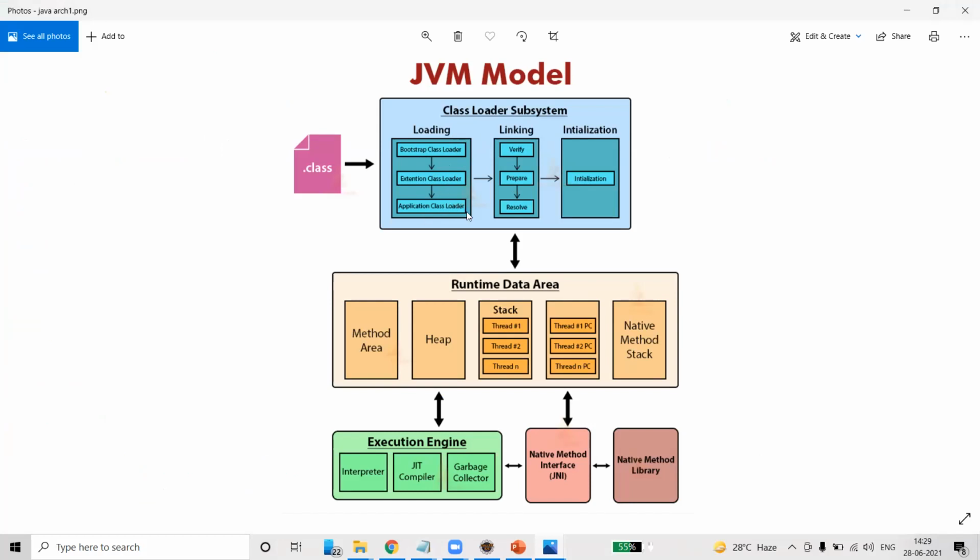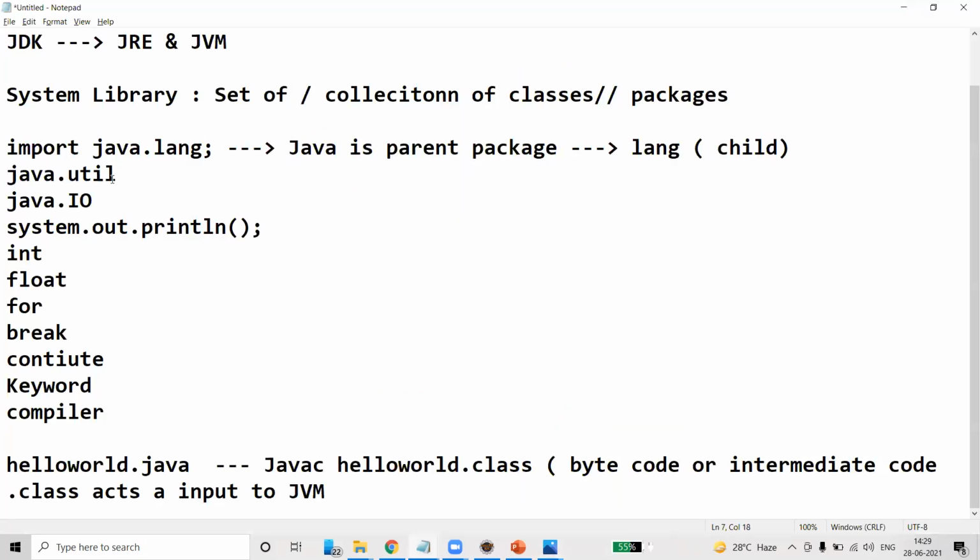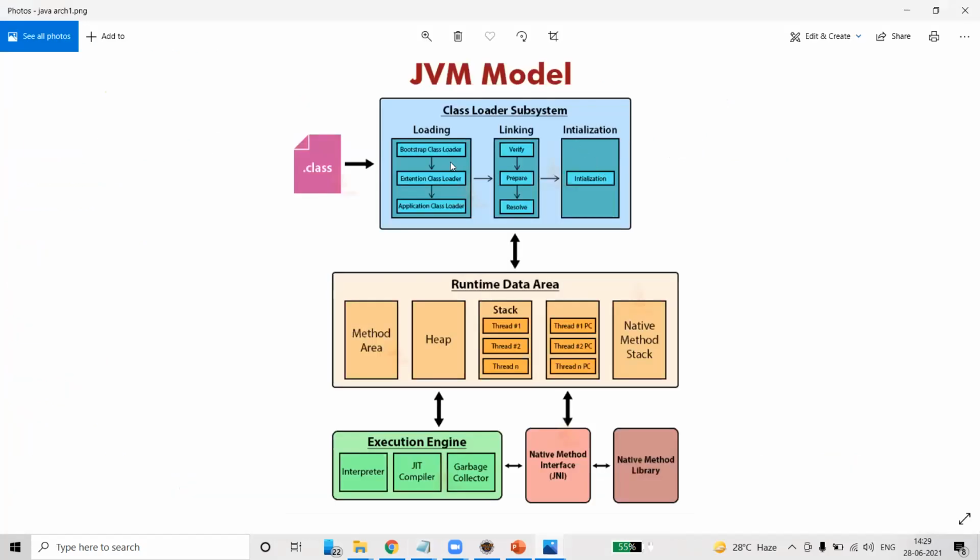Then finally, linking. After loading, what do you have to do? You have to link these libraries to the current project. Then only your project does not throw any error. Otherwise, your program ends up with a lot of errors. Under linking, there are three phases: verifying, preparing, and resolving.